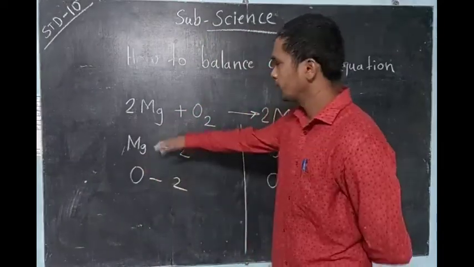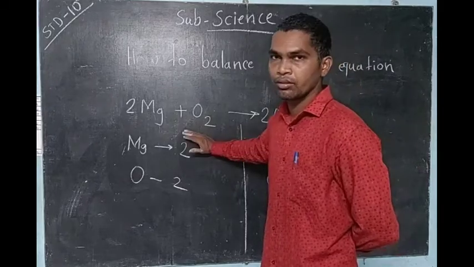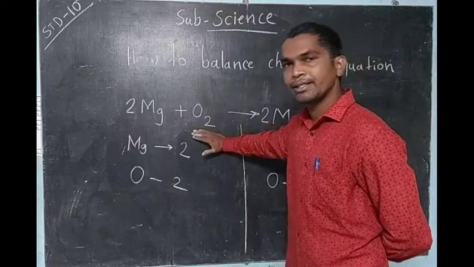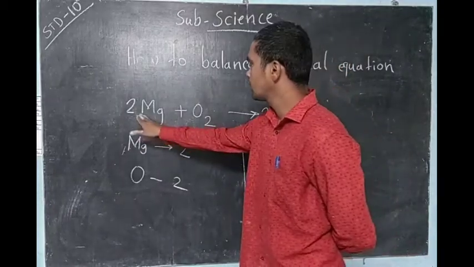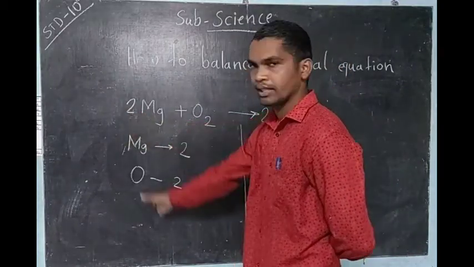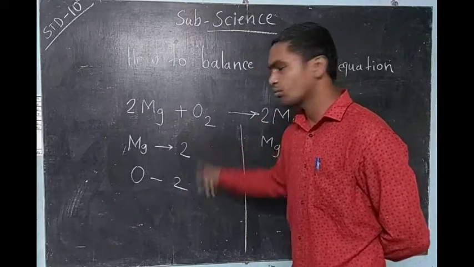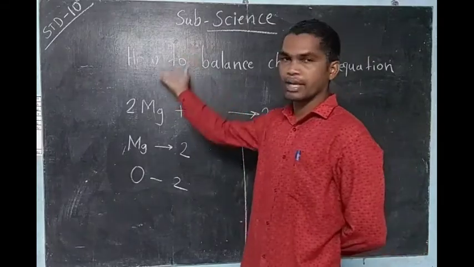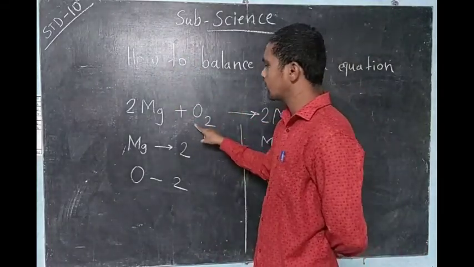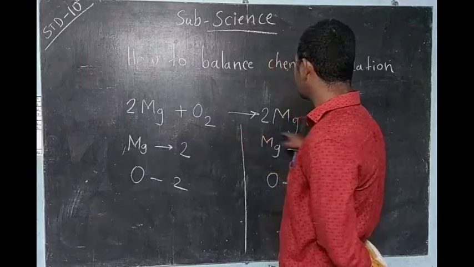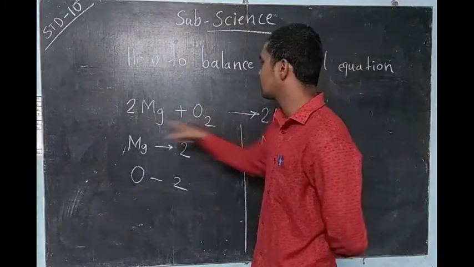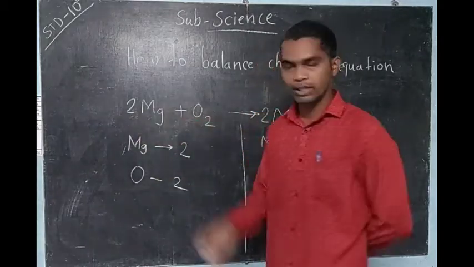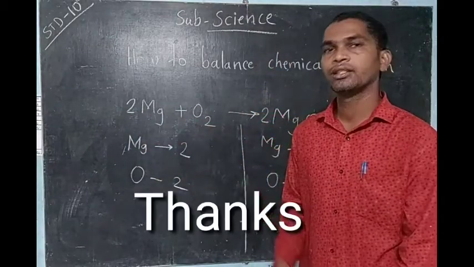Whenever you balance a chemical reaction, first write down the chemical equation properly and step by step count how many elements are given on the left side and right side. Like that you want to write down, and then try to balance the number here and the same number you want to balance there. But don't change the chemical formula. Without changing the chemical formula, just add a number at the coefficient level. Only this coefficient can change, and try to balance the chemical reaction. Okay.